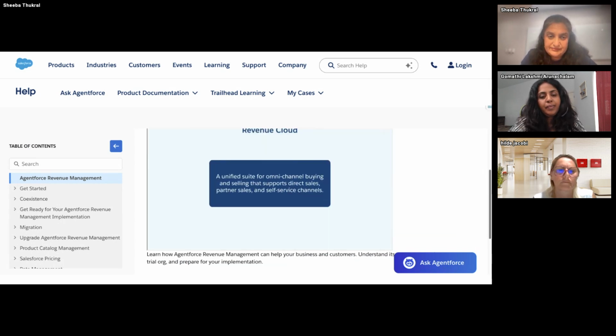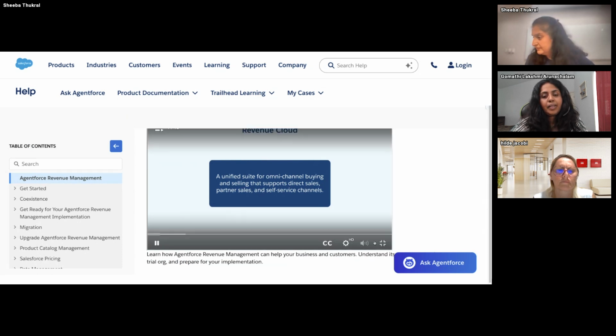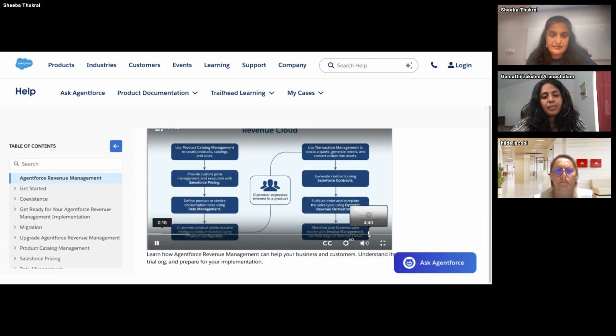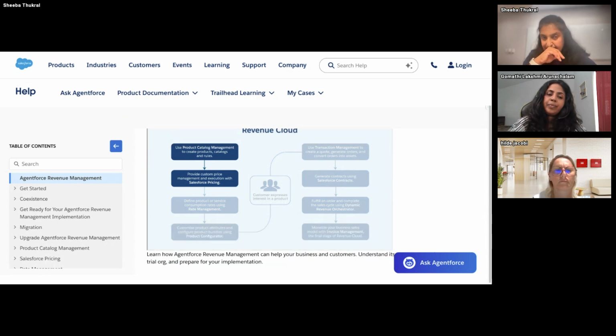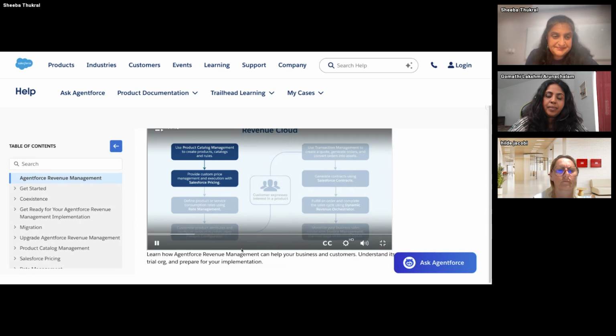Revenue Cloud is a unified suite for organizations to manage customer interactions, from initial engagement to post-sales support and revenue generation. Revenue Cloud includes these solutions. Product Catalog and Pricing is a centralized platform for managing product information and custom pricing. It offers headless APIs, making it easy to integrate with third-party applications. With our robust user interface, you can efficiently manage product data and pricing, while our